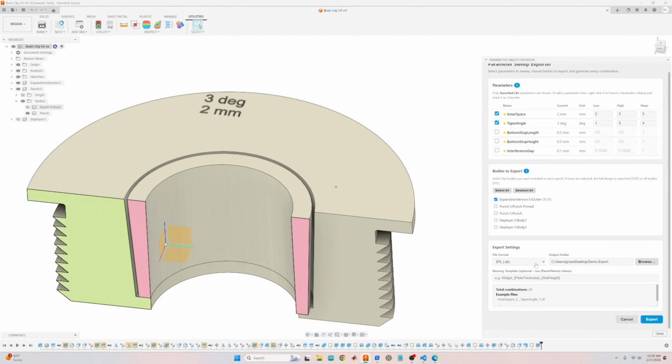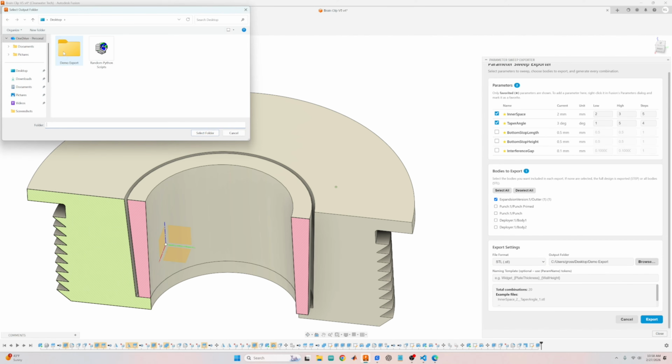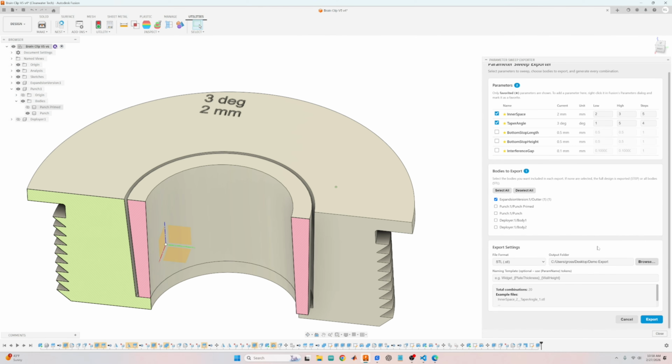So down here you get to choose what file format. I'm going to stick to STL. And then the folder you want all these files to export to, which for me is just this file in the desktop. You can change the name. I usually don't do this. I usually keep it by default, but for the sake of the demo, I'm going to say Ryan's part,